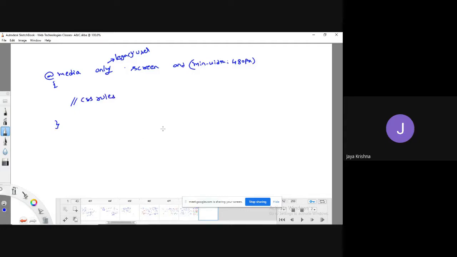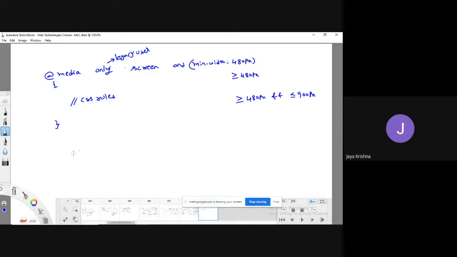So for example, as I have defined whether it is a screen or not, and the minimum width is 480 pixel, I need to satisfy some set of properties. Or what I can do is, if I would like to go for the minimum width, minimum width means it is greater than or equal to 480 pixel. I would like to define some properties between the range, if it is greater than 480 pixel and less than 900 pixel.